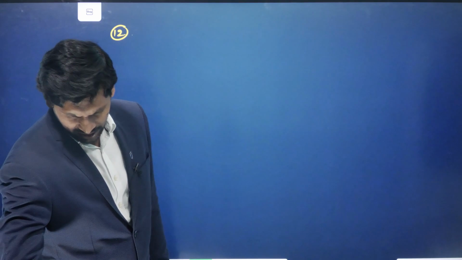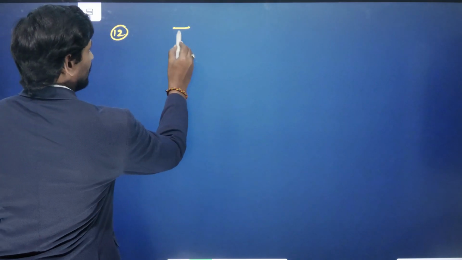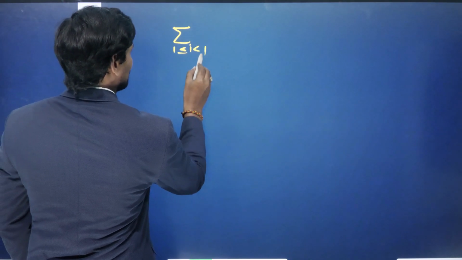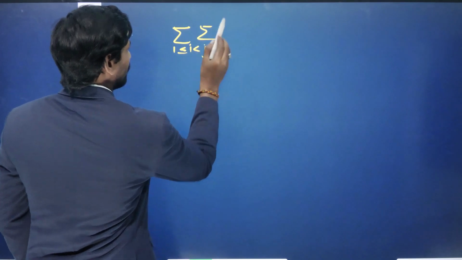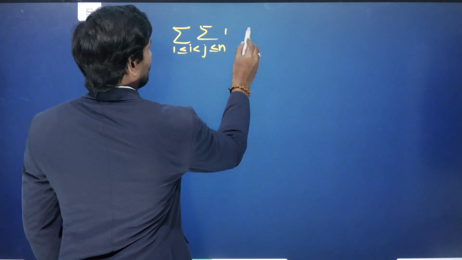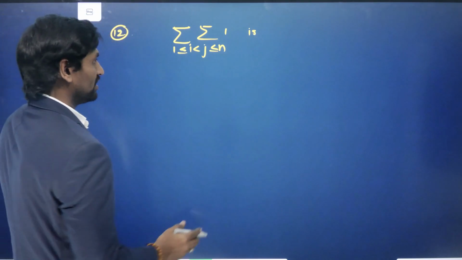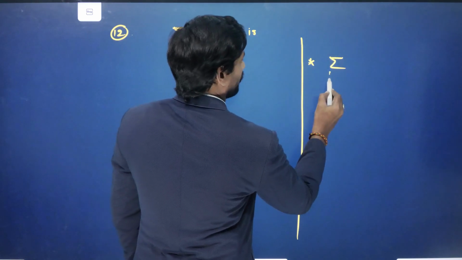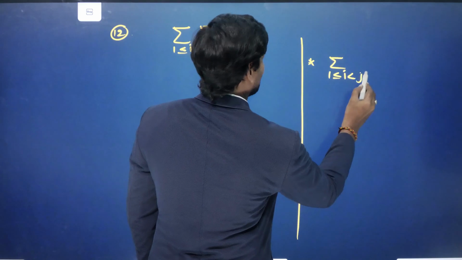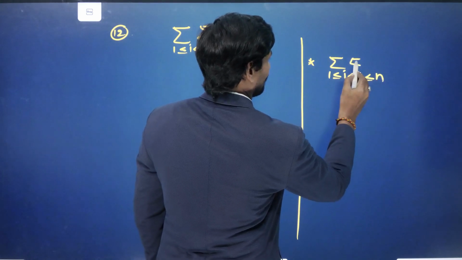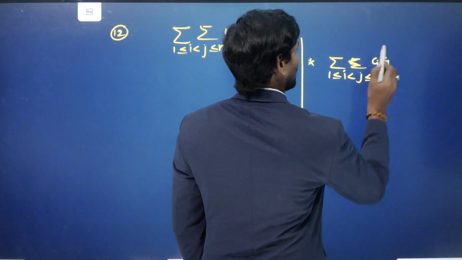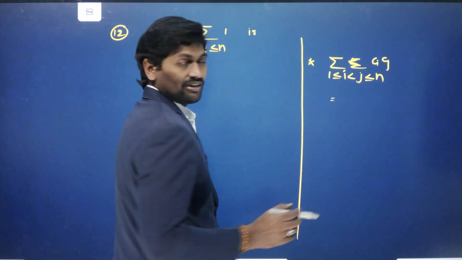The 12th problem is given: the value of sigma, 1 less than or equal to i less than j less than or equal to n, sigma of sigma 1. So here you should remember 3 formats, that means 3 conditions will be here. The first condition is sigma, this one only, 1 less than or equal to i less than j less than or equal to n. Okay na? In this situation, Ci, Cj, let us take Ci, Cj, we have a formula like